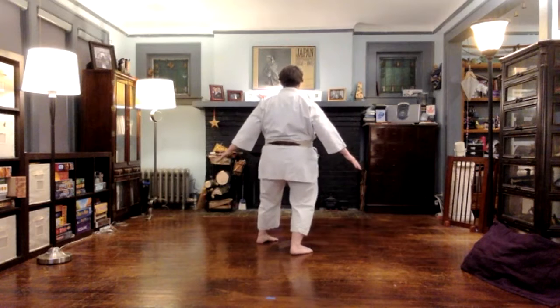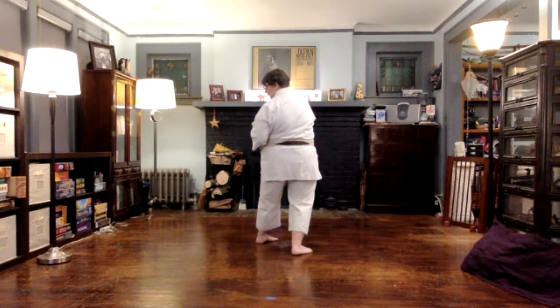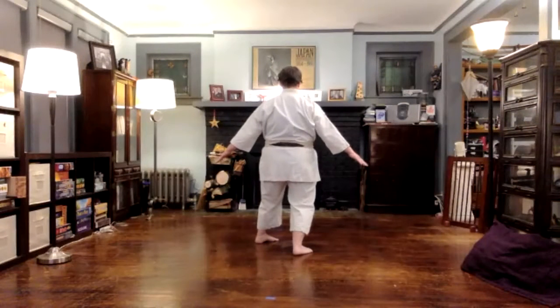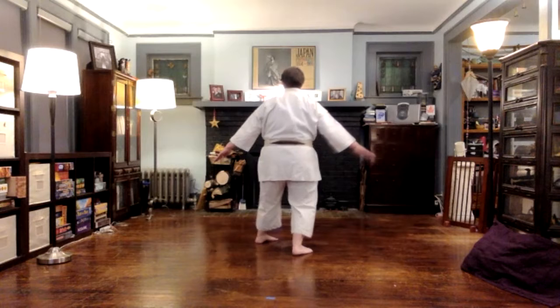Again, it should be a good firm stance. And as Sensei has said, the energy is going directly straight out of the fingers, if you can imagine that. Okay, now we're going to turn. This is going to be a key point. So turning